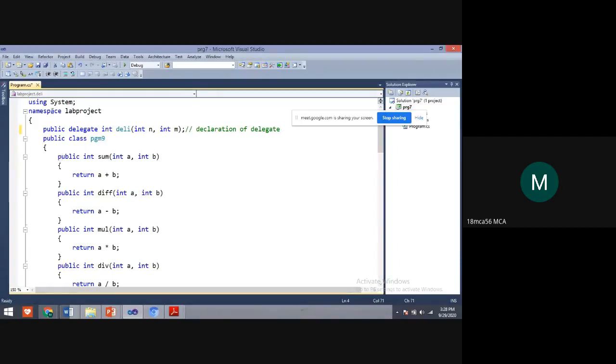The syntax to declare a delegate is public or access modifier, delegate keyword, return type, since a method should have a return type, and then the delegate name with the parameter list. According to this syntax, I have declared a delegate that is public delegate, returning an integer type, and the delegate name is DELI.